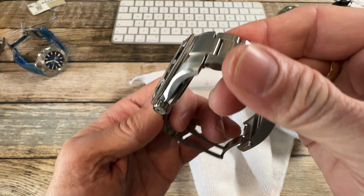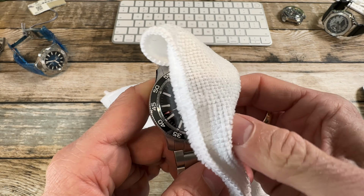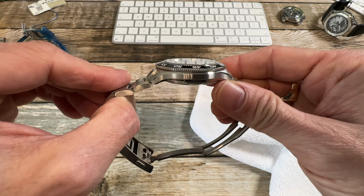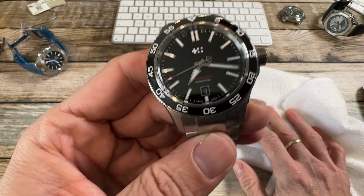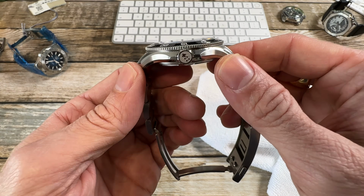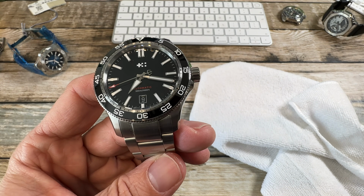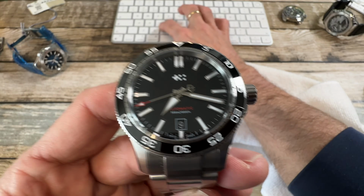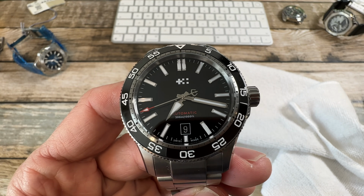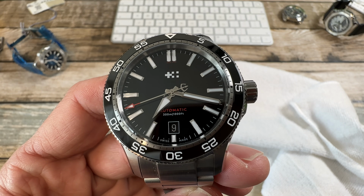I haven't looked at all the specific measurements. Probably should have done that before this, but with it going tomorrow, I haven't really had time to have a good look at that. But if you look at my 38mm video, I do go over the dimensions. Obviously this is a bit bigger at a 40mm case. I'll tell you what I'll do, I'll stop being lazy and have a quick look on the... oh, actually I was going to say I'm going to look on the site to see the actual dimensions, but